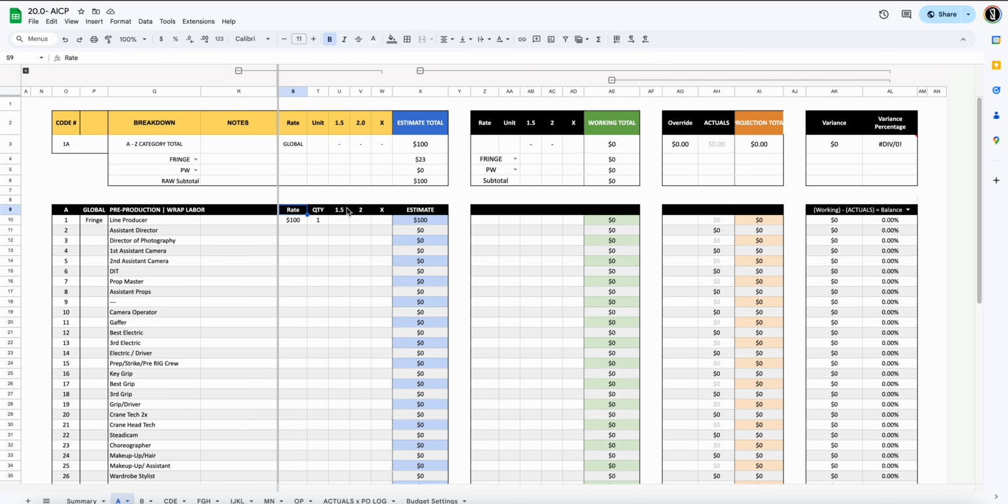I'm also just gonna, to make my life a little easier, make all of these just in this cell. So I'm gonna do rate, comma, quantity, comma, 1.5, comma, 2.0, or 2, comma, and then X, and close, and that should just standardize things. And then this one,